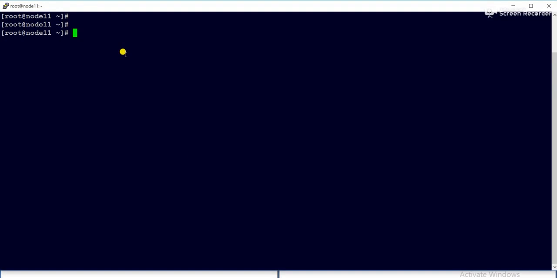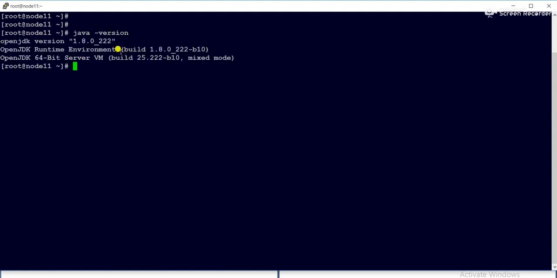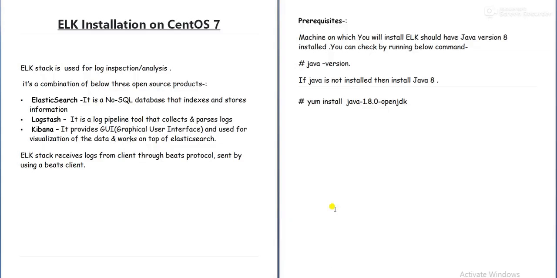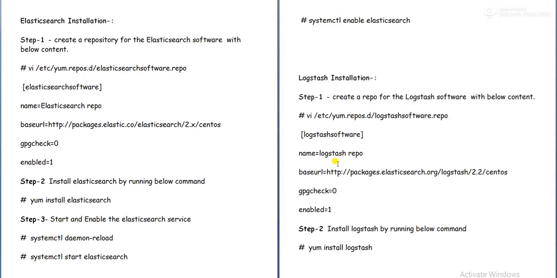Let me check java -version. Java 1.8 has been installed, so there is no need to install it on my machine. Before installation, if you do not have Java on your machine, you need to install it. That is the first prerequisite. Now we'll go with the installation.